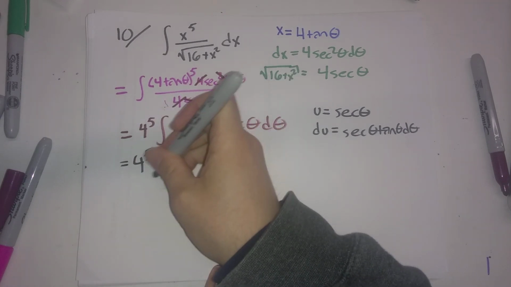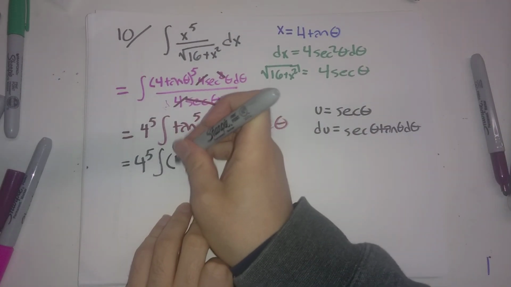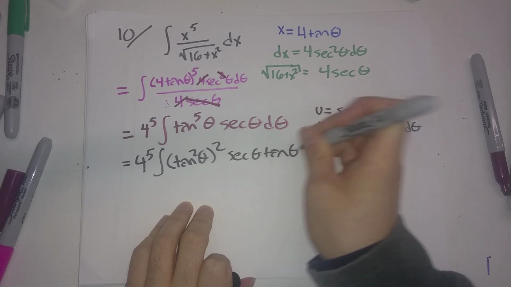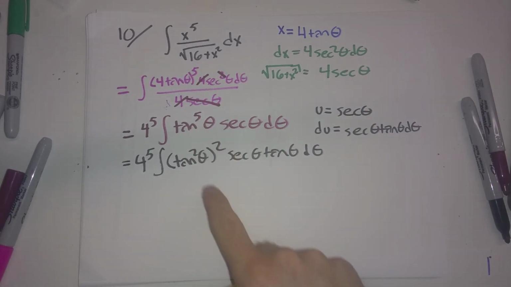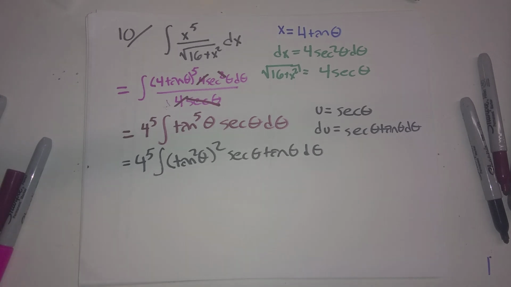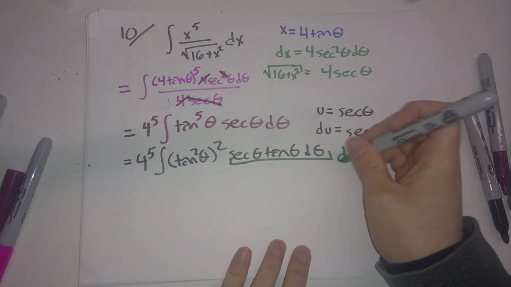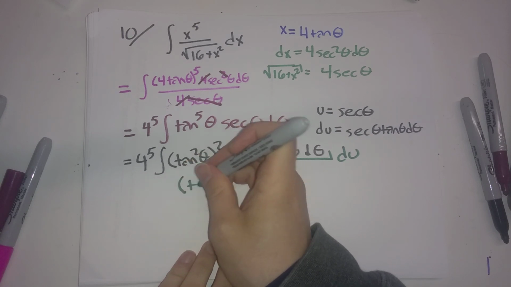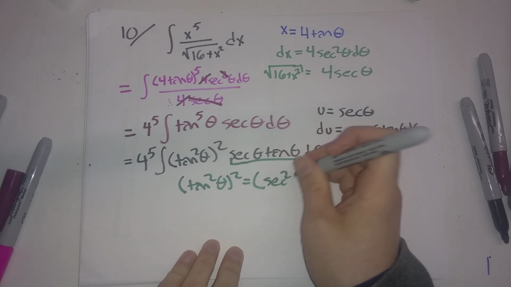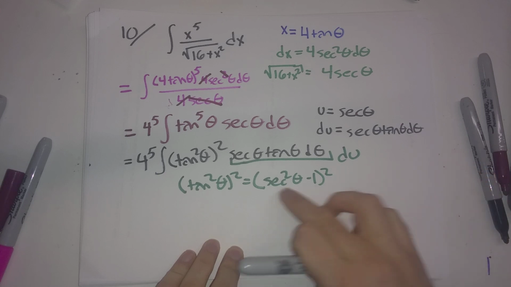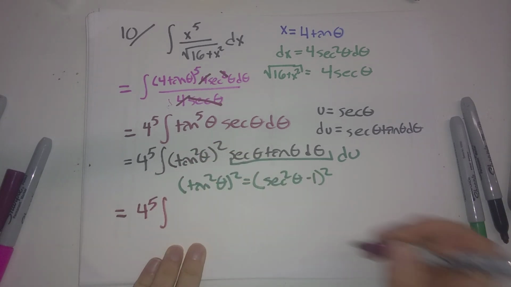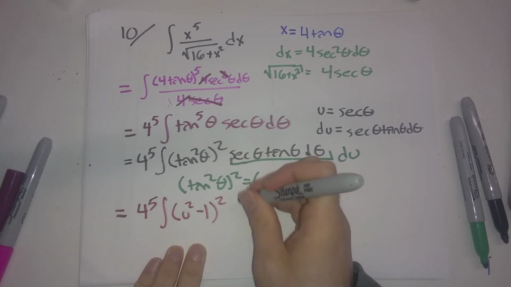So 4 to the fifth times the antiderivative of tangent squared theta squared, secant theta tangent theta d theta. So tangent to the fifth became tangent squared, squared, which is tangent to the fourth, and one more factor of tangent theta. This right here is going to be our du, and tangent squared theta is equal to secant squared theta minus 1. So this is going to be u squared minus 1. After we make all of these substitutions, we end up with u squared minus 1, squared, du,